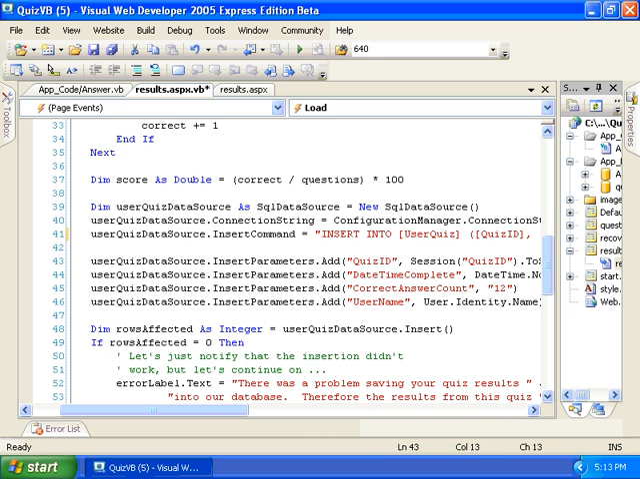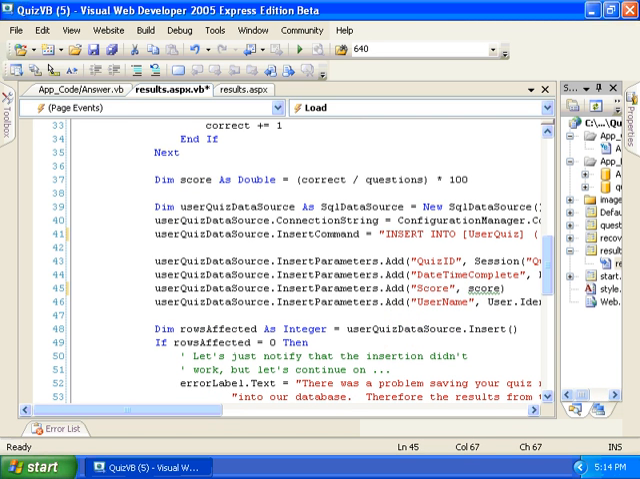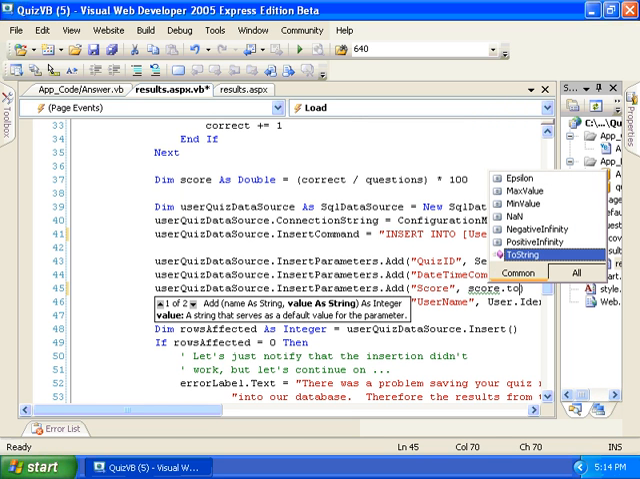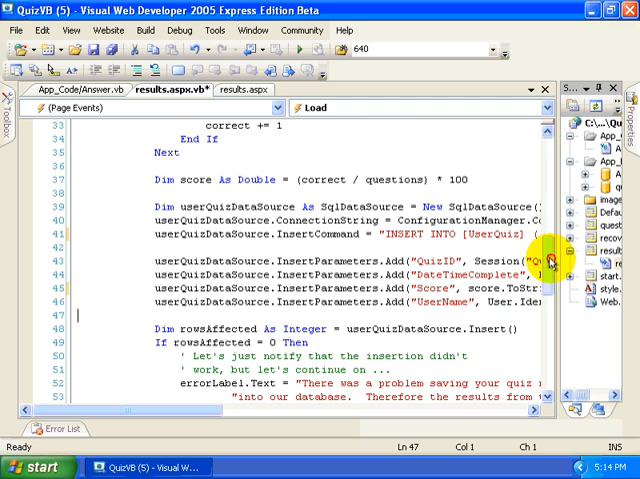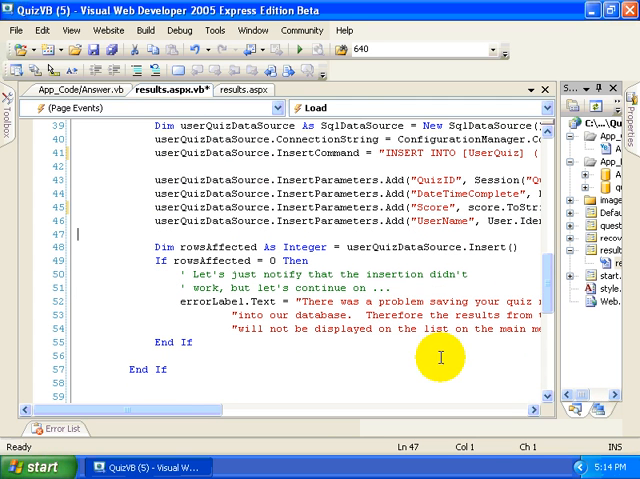And then change this to score. So obviously I've overlooked a few things here. And we'll do something like toString. All right, and then as you can see, what we've done here